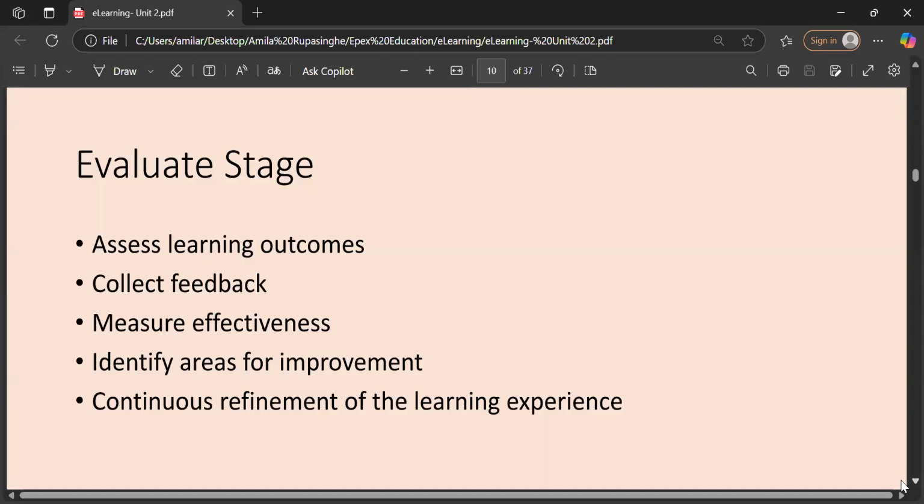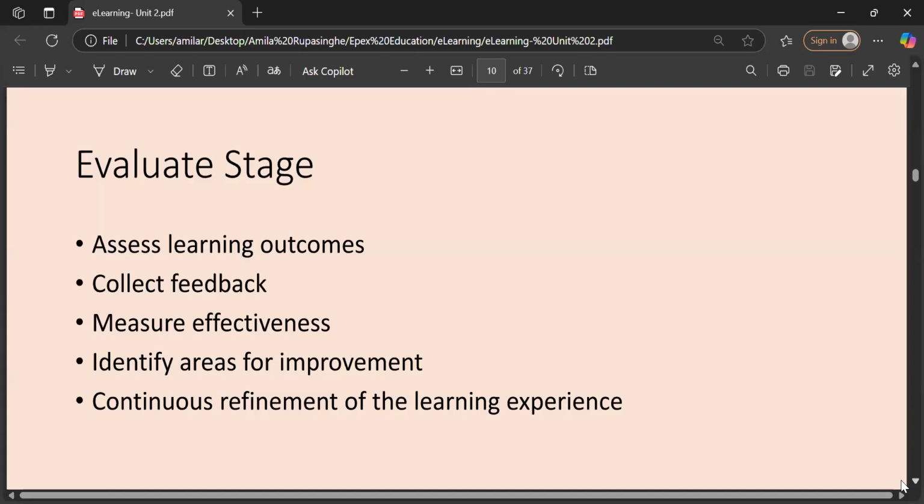Like we go for discussions, we go for some project-based method. We can give some problems or encourage students and ask them to write down the answer for that. Like we always make some refinement, right? We make some updates, we make some changes, right? In the evaluate stage, according to the feedback we get, right?